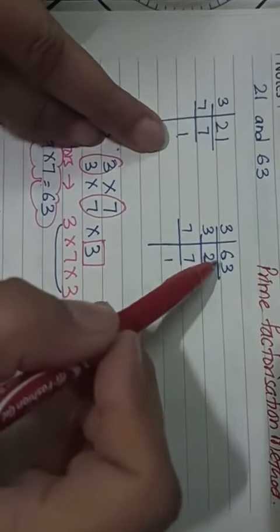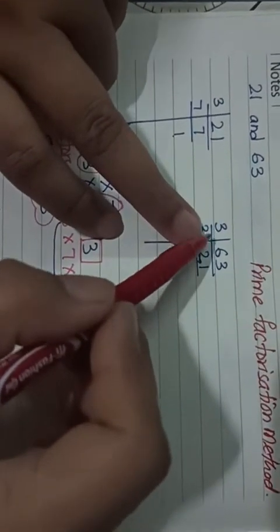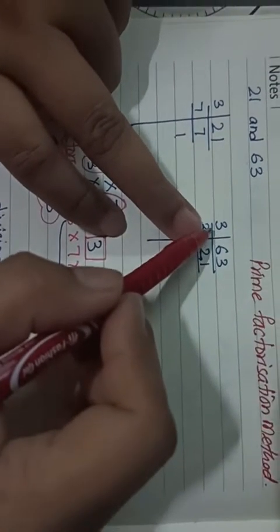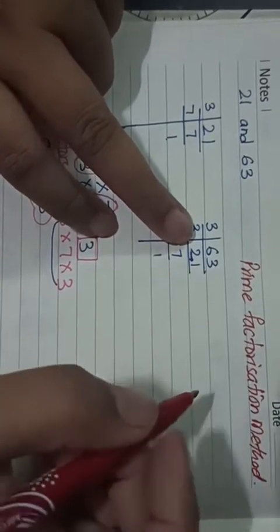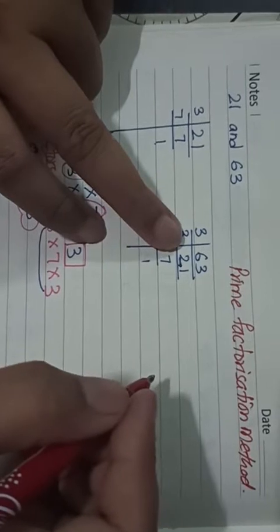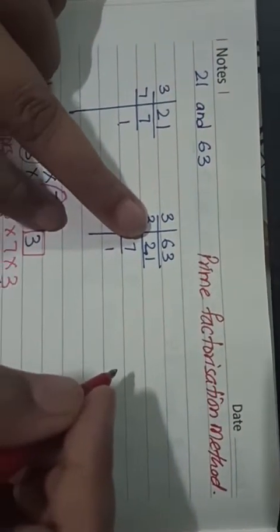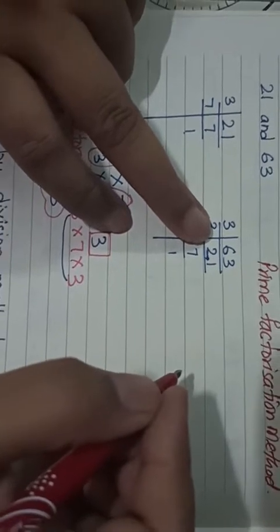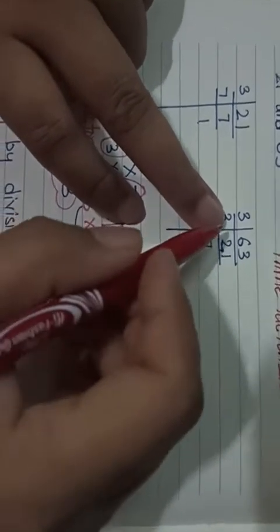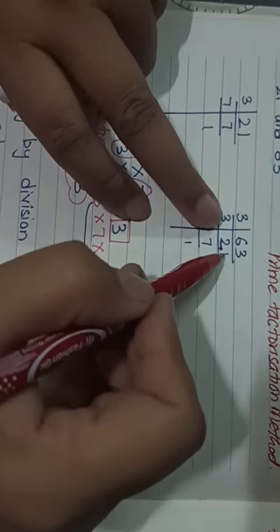Then we have taken 63. Again 63 is very clearly and easily divisible by 3 because it is an odd number. We will not divide it by 2. So children, you should keep this thing in mind. Whenever it is an even number, we first try dividing it by 2. If it is not an even number, then you should try dividing it by 3. So 3 2s are 6, 3 1s are 3.